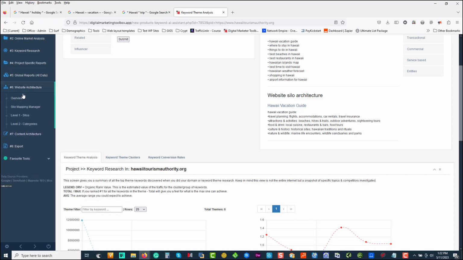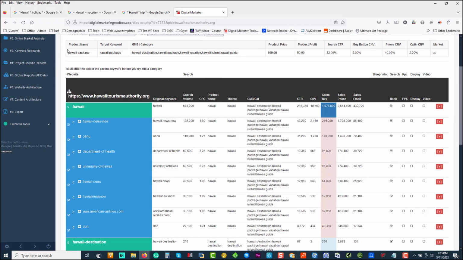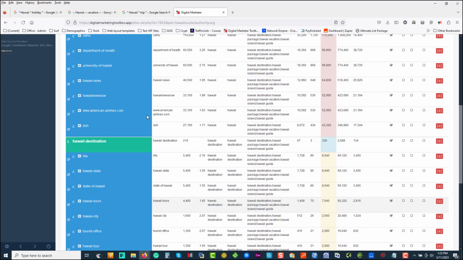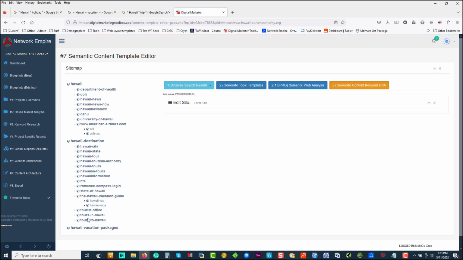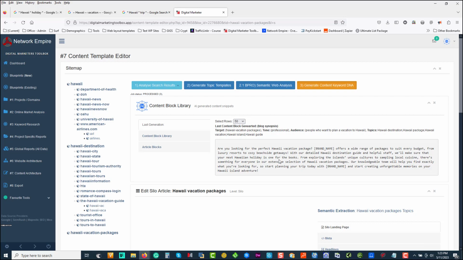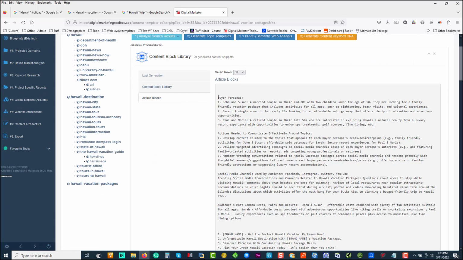We came to the website. We showed you the silo map, how we can change themes if the silos don't get mapped out. I showed you how quickly we can see the entire stack of the website is mapped out. We added a custom keyword. I then showed you the semantic topic editor. We clicked on an article. We generated the article. And if I want to save this article,